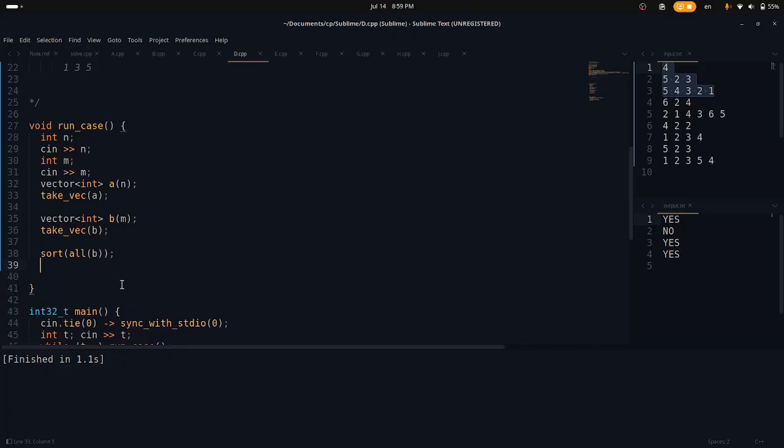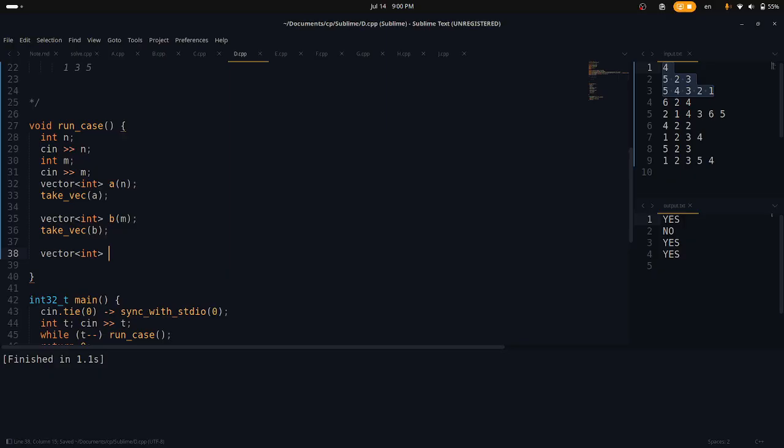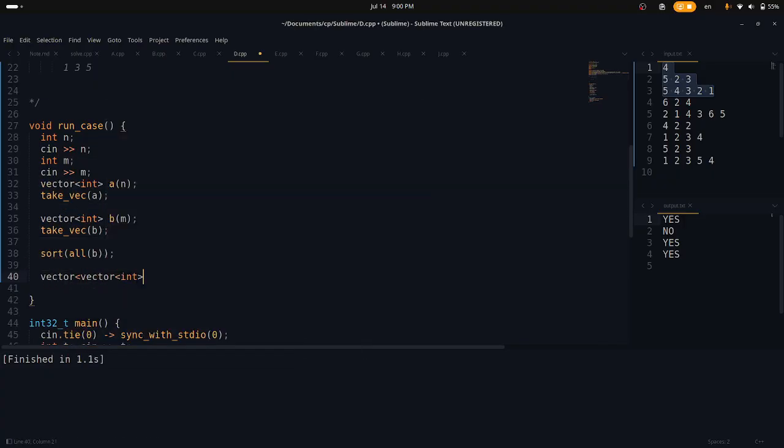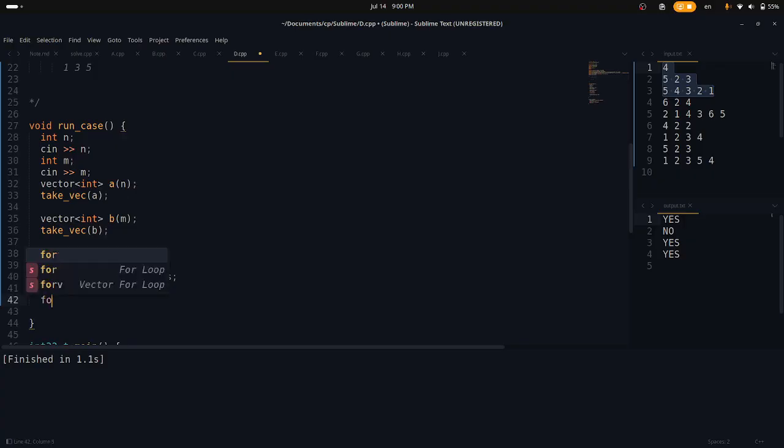Or we basically don't need to sort. So then my pointer is equal to 0. Obviously for all x of b,